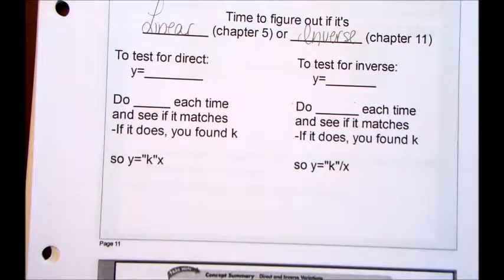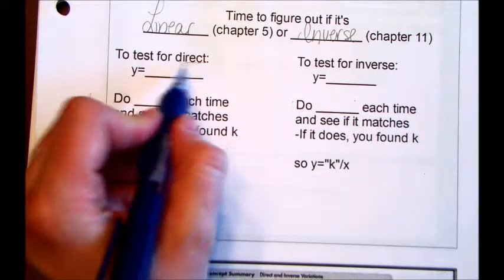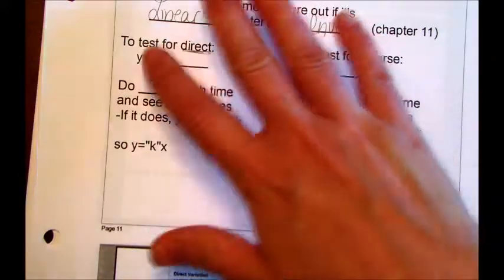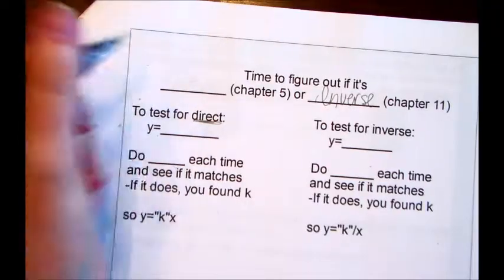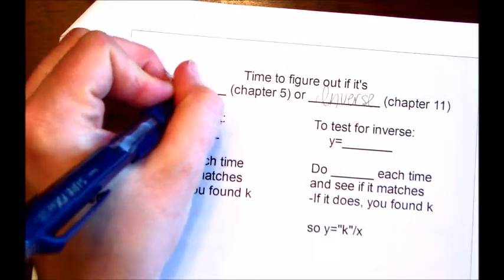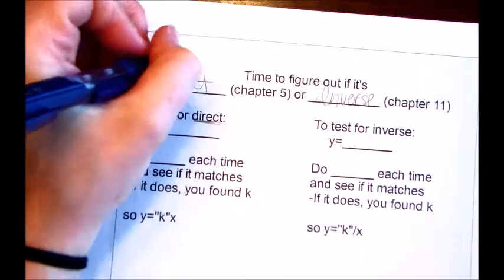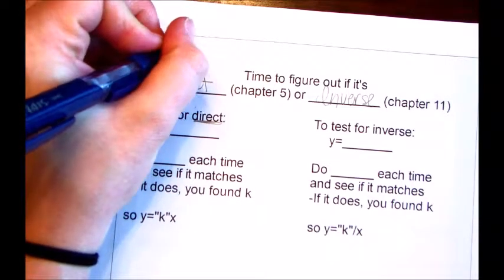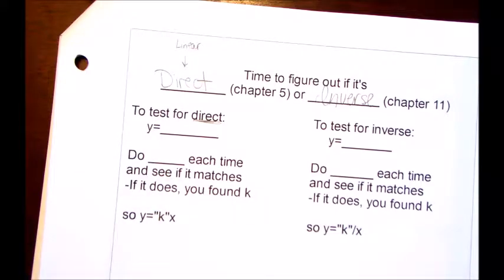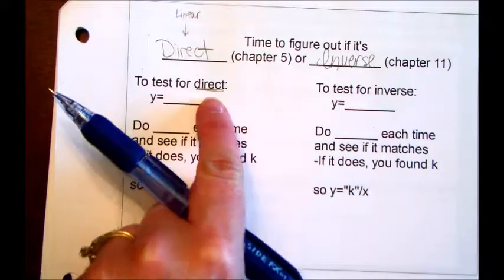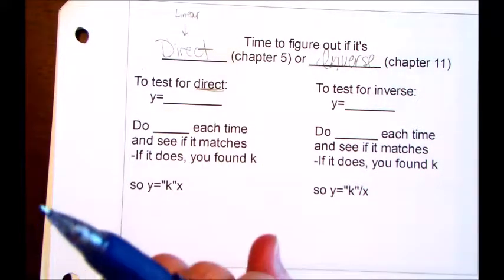Now, to test for direct variation, you know what, can we erase the word linear? And instead of writing the word linear, I actually want you to write the word direct. Because sometimes it is direct variation. P.S. That is a type of linear. It is linear, but it's a specific type of linear. It's called direct variation. So to test for direct, you need to do